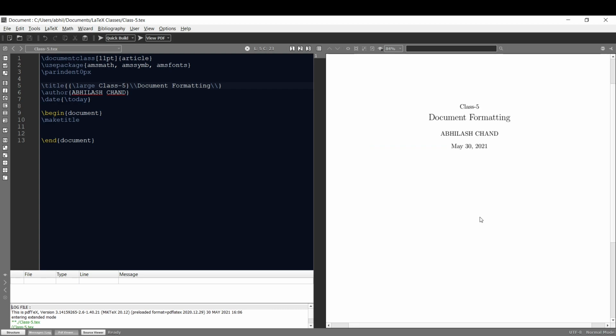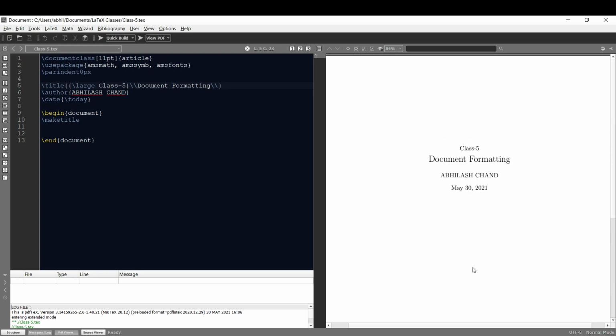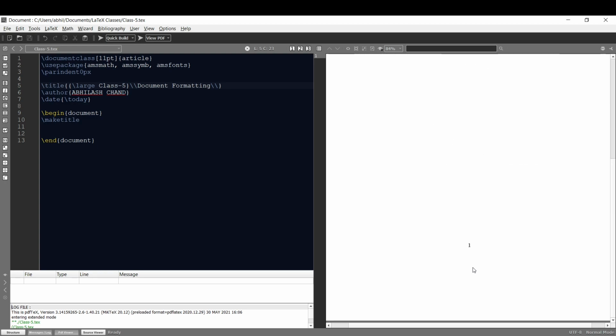Here one thing to notice is that by default the page numbering is showing as 1. If you can remember, in the previous way of creating titles in title page environment the page number was empty by default, but here it is showing 1. There is a way we can make this page number empty and start our page number as 1 from the next page, which will look nice as we usually don't want page numbering in our title page. I will tell you how to do that in a later part of this video. For now, let's just leave the page numbering issue and move on.